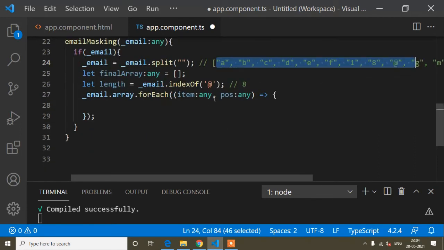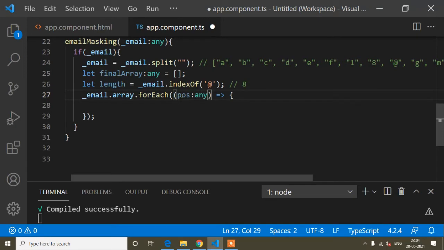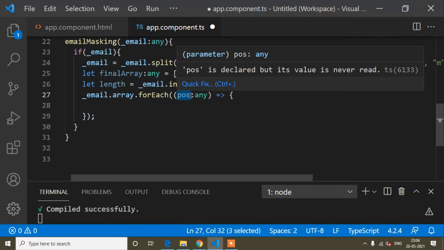And after that the second parameter will be the returned index. So that means 0 1 2 3 4, this index will be returned. So I don't need the first parameter, I need position, but I have also written this first parameter, because if I did not write this first parameter, then the position would be treated as the first parameter. I mean this parameter would be treated as the first parameter, so it would denote the item.